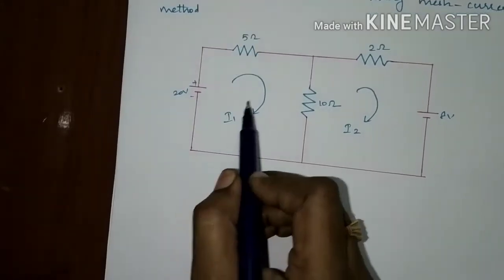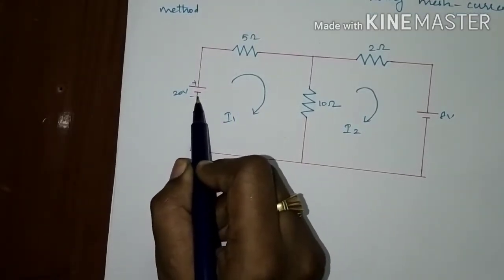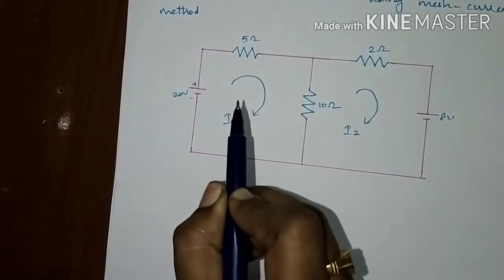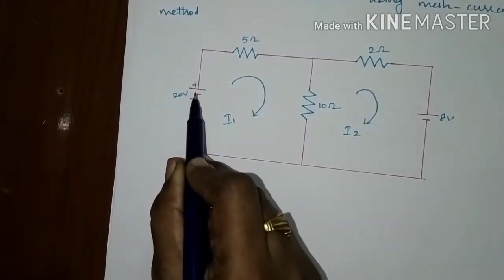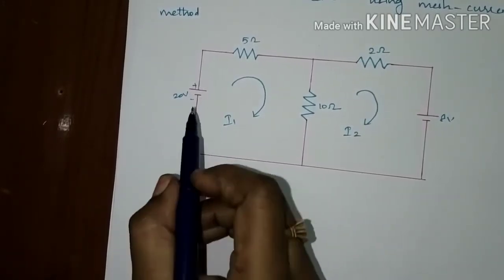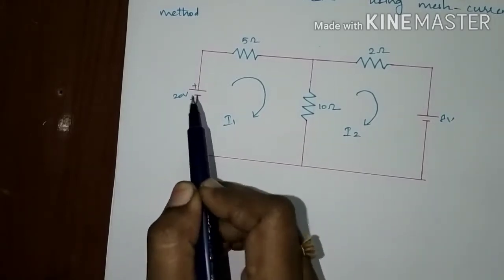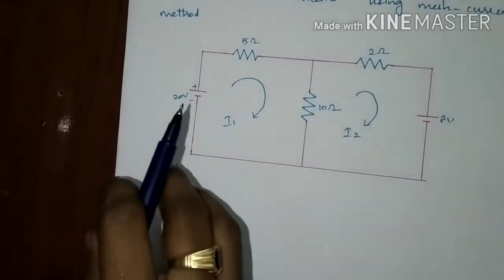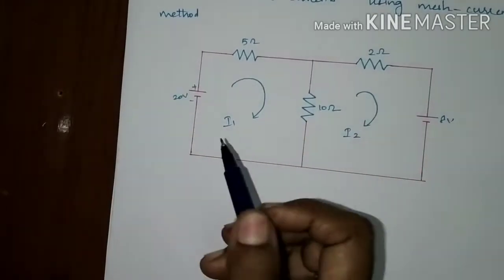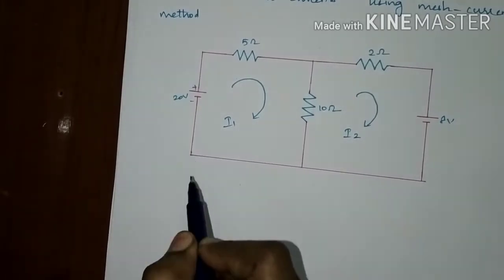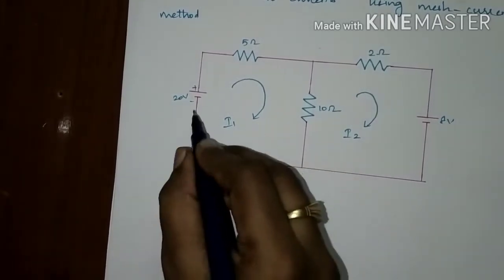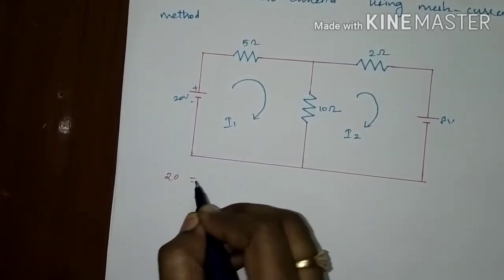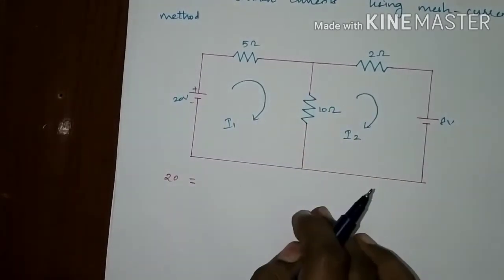If we apply KVL, the current enters the negative terminal and leaves the positive terminal, which is in the same direction as the conventional current direction. So, this acts as an energy source, or potential rise. So, represent that as a positive value, or we can also write the KVL equation as sum of the voltage rises is equal to sum of the voltage drops. So, I will represent the voltage rise on the left hand side and voltage drops on the right hand side. So, this is a voltage rise. Voltage rise is 20, a positive value, which is equal to the voltage drop on the right hand side.